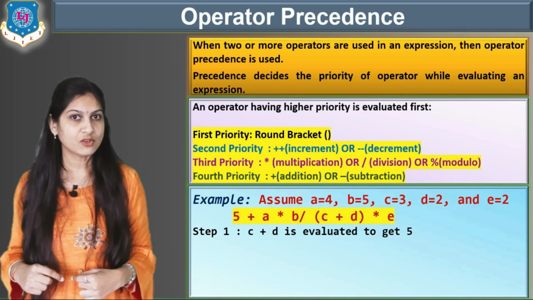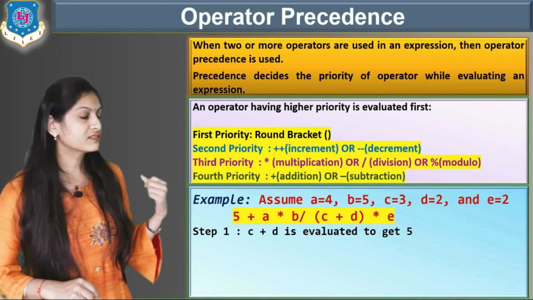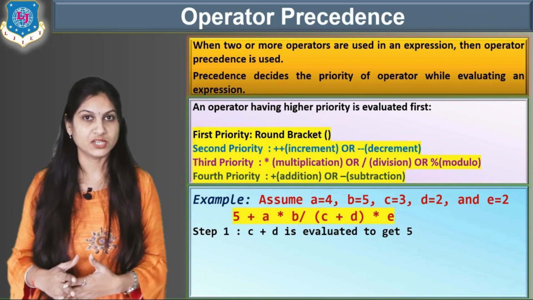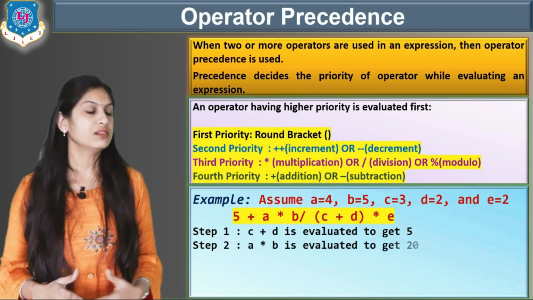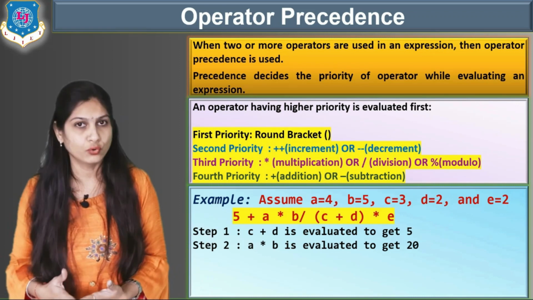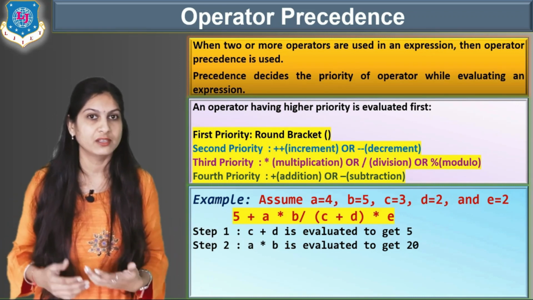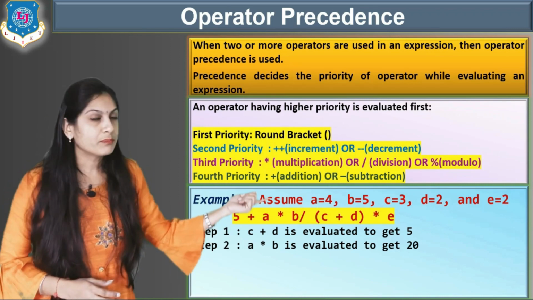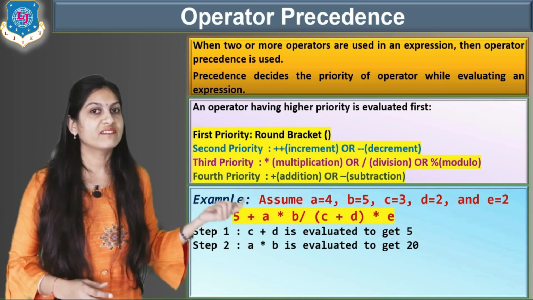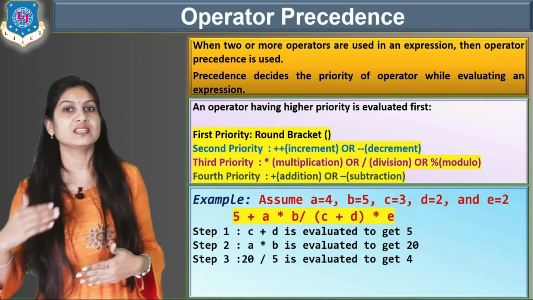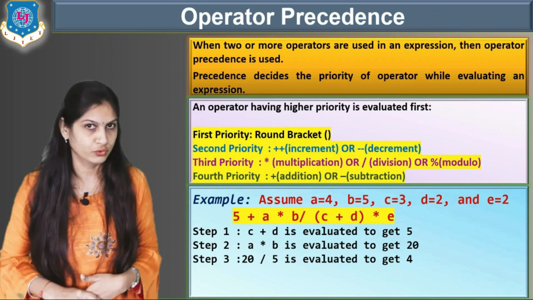Here I am using those operators, yes. So there are three operators: multiplication, then division and then again multiplication. So first we have to solve this multiplication first. a into b, a is 4, b is 5. So 4 into 5 we get the answer 20. After 20, the next operator is division, because both have the same priority. So we solve the division operation. So 20 divided by 5 we get 4.